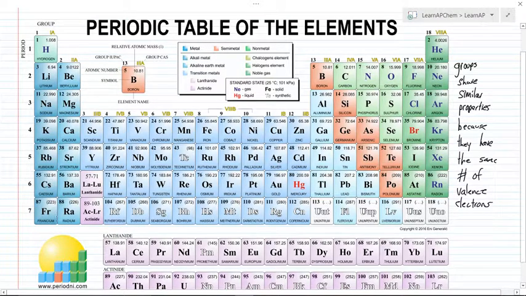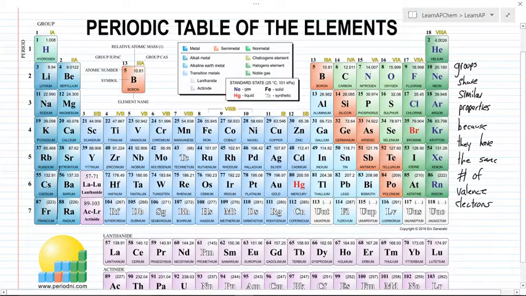If we go over here to hydrogen, lithium, sodium, potassium, rubidium, caesium, and francium, these are called the alkali metals, except for hydrogen. Hydrogen's weird, but it does share similar properties because it has the same number of valence electrons. These are all really unstable, so hydrogen gas is explosive. If you ever drop lithium or sodium in water, that explodes as well. All these things share similar properties because they're in the same group.